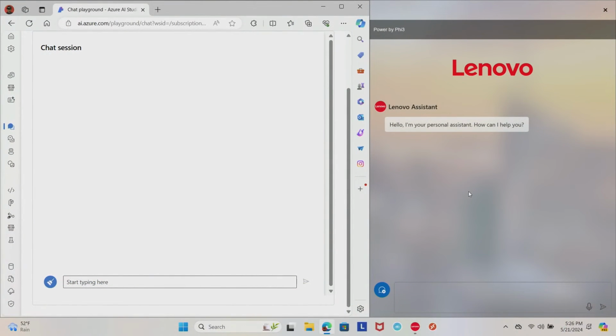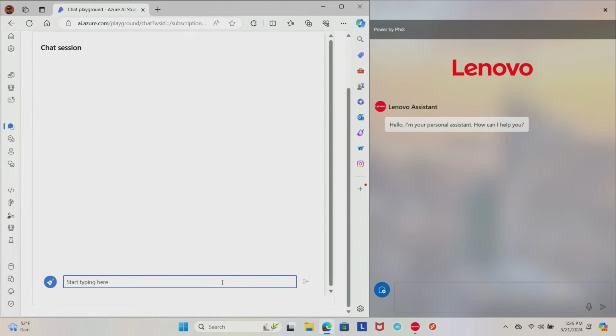Like they have some understanding of the world, some facts, some knowledge. But if you ask a very deep question that they might not know, that is when you can induce fine-tuning. So let me actually show you. I'm going to ask a simple vanilla Phi3 model, and Lenovo's fine-tuned model, a question that is very specific